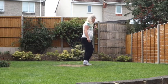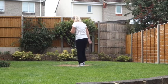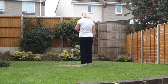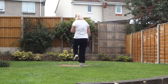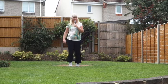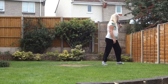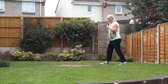Monterey turn, point and jazz, twist, back, strut, coaster, step, hitch, step, side, twist, step, touch, turn, touch, step, touch, turn, touch, step, lock, step, lock, step, pivot, bump, forward, back,